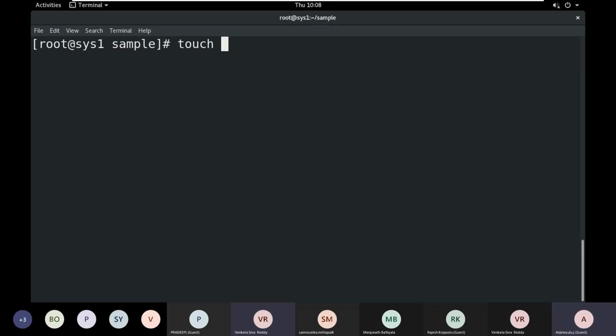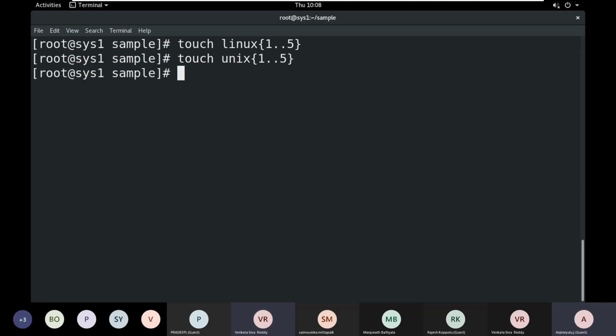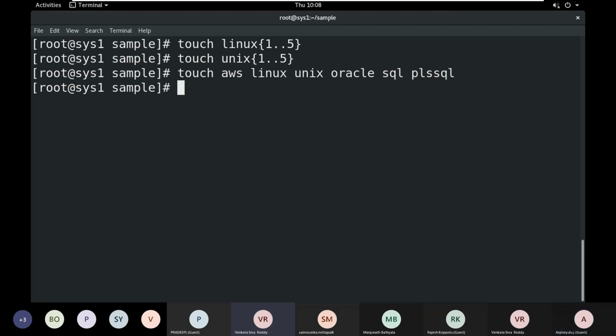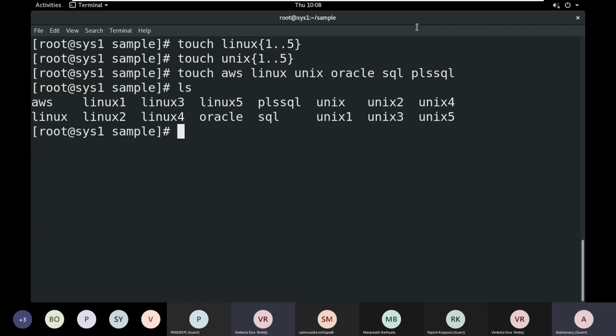Touch Linux 125, touch Unix 125, and I would like to create AWS, Linux, Unix, Oracle, SQL, then PLSQL. You can give the ls command to see them.